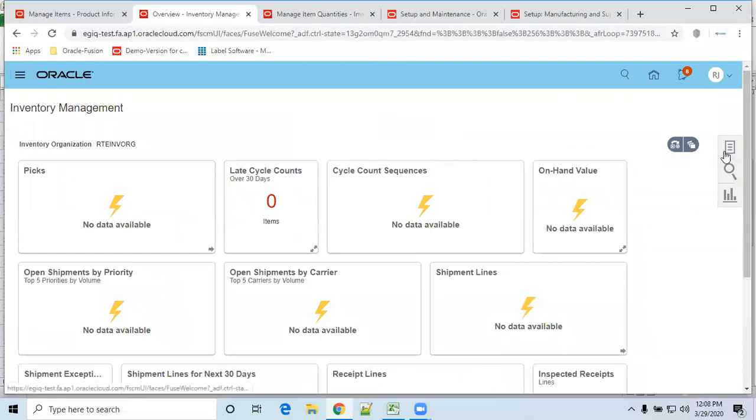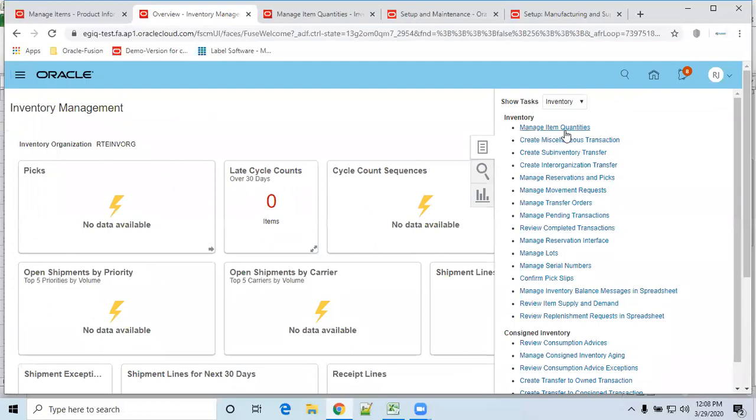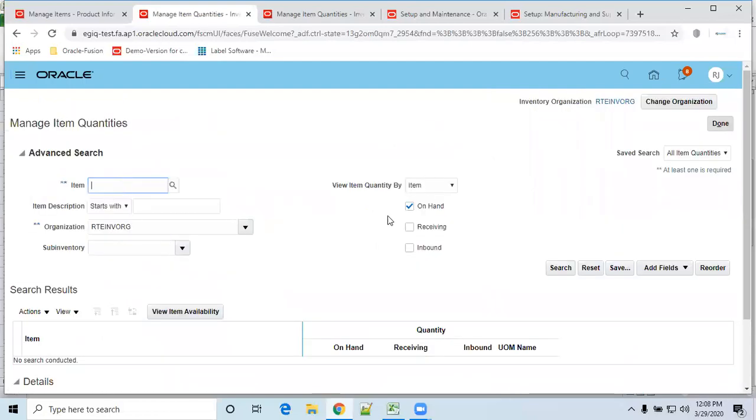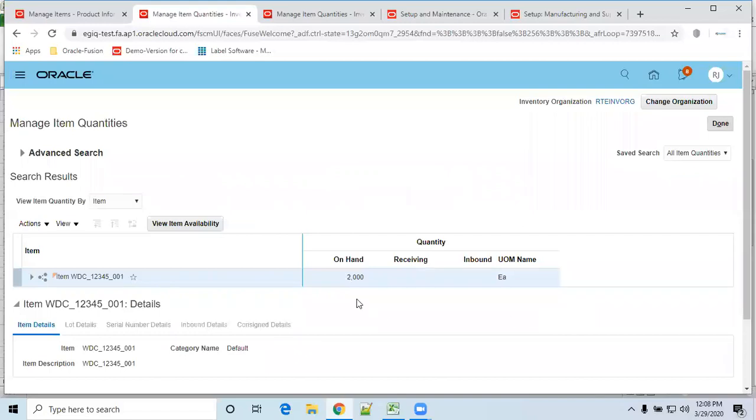Now you can go and verify what is the on hand quantity. Click on search. See, you can see the 2000. Why 2000? Because the UOM for this specific item in the item master we defined as each.